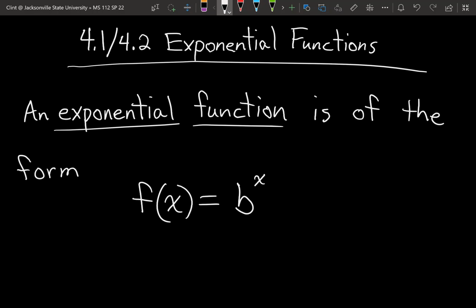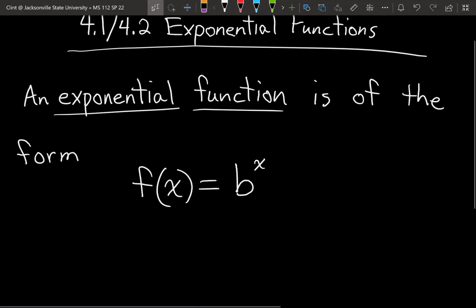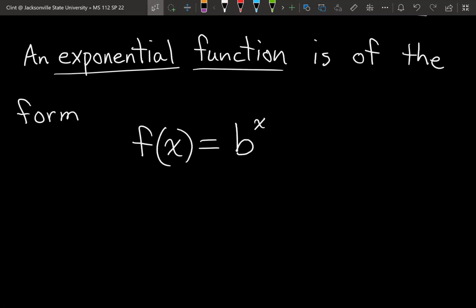Goodness. Okay, so we've got some, that's a B. That's an ugly looking B. Let me see if I can do better. So we got some number raised to a variable power. So B